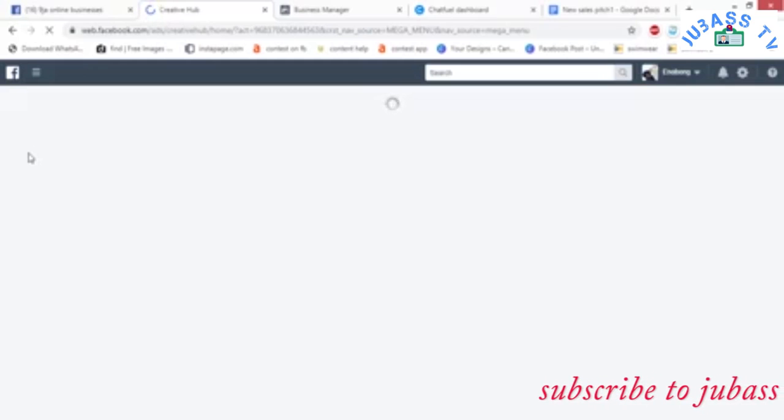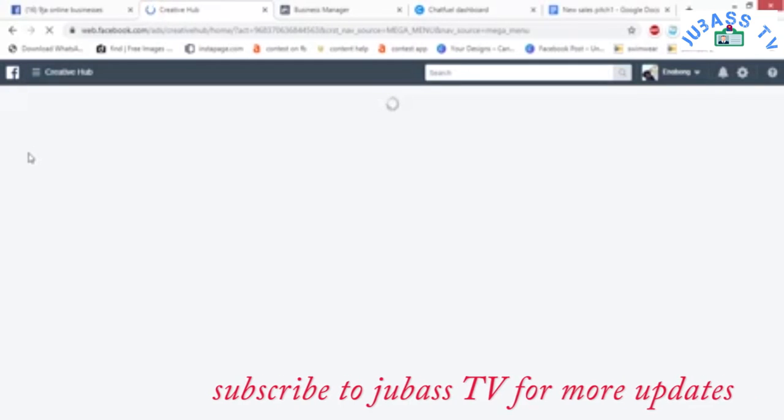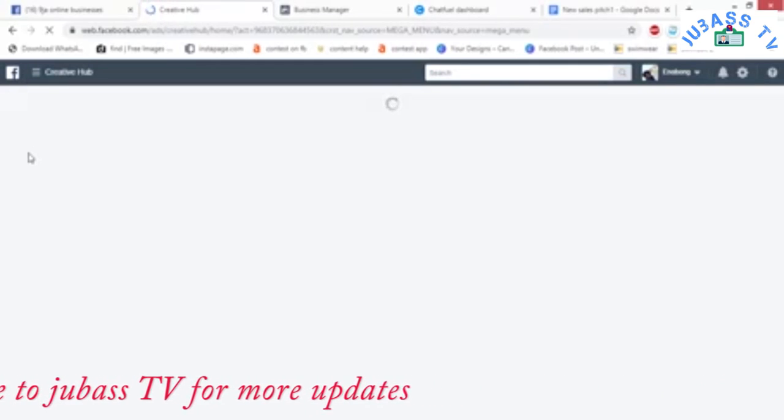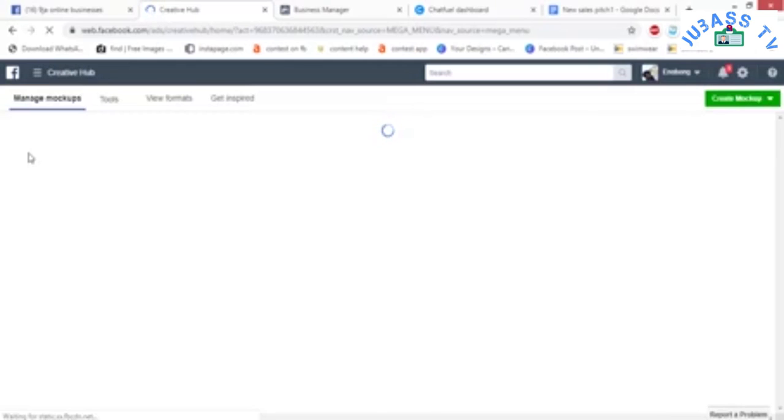I think it's weather that is affecting this. Whenever it looks like it's rain, the internet connection gets really bad. But if you're in the city center, it's not always like this. Alright, so